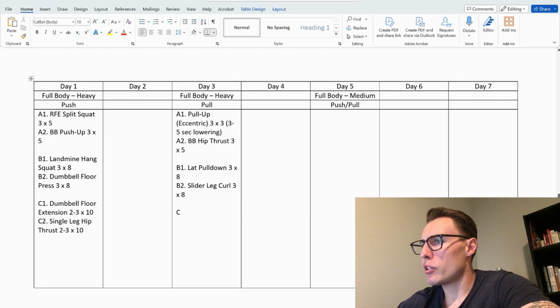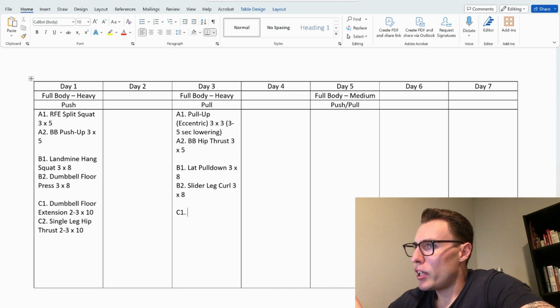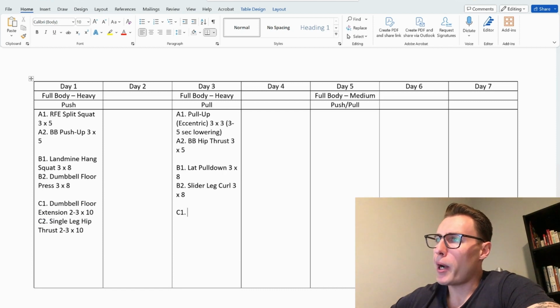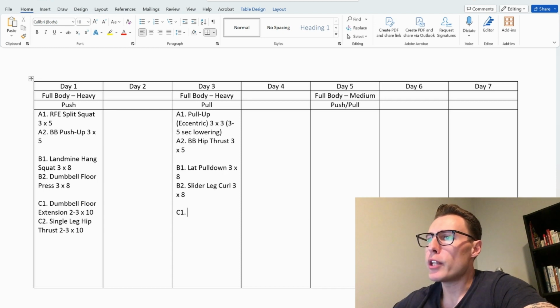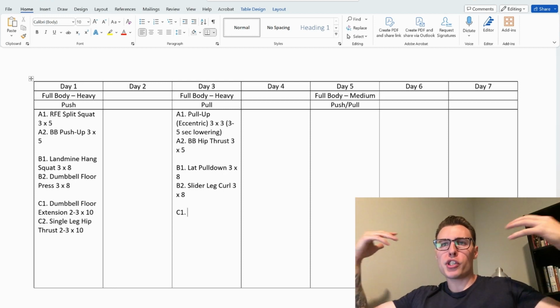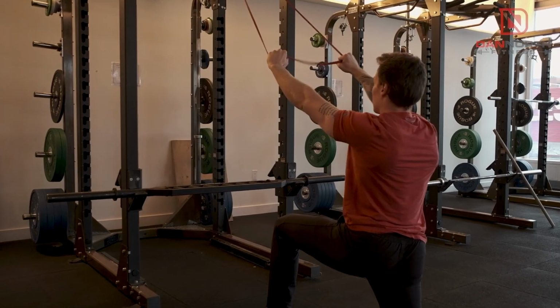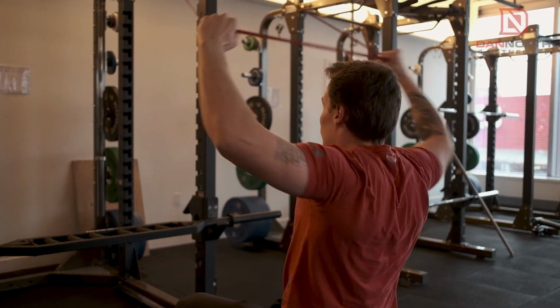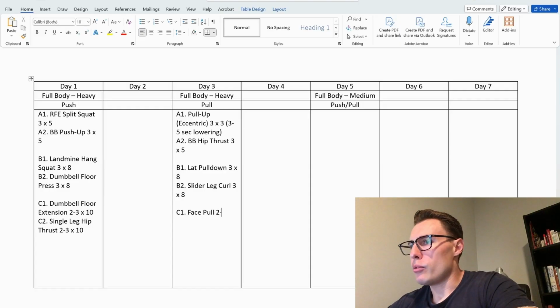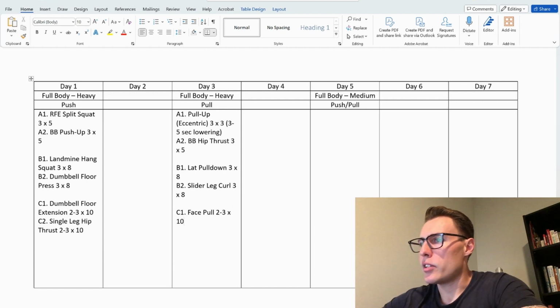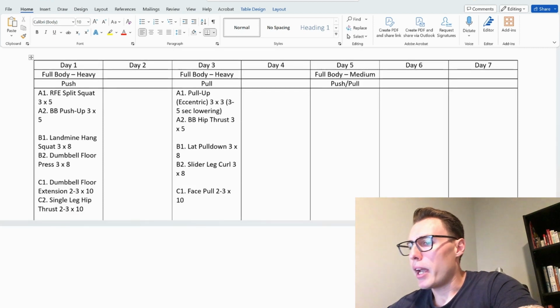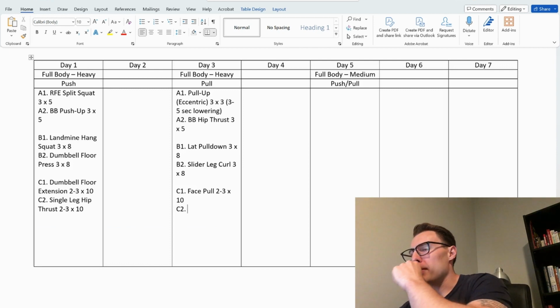So either way, just figure out what works best for your client based on their current capabilities right now and where they're at. And then to finish off the full body pulling workout, we might do something that's a little bit more upper back focused. So we might do some pull apart variation or a face pull variation or high rows or something to that nature. So let's say we might do face pulls for about 2 to 3 sets of 10, and then we might pair that with maybe something like a,